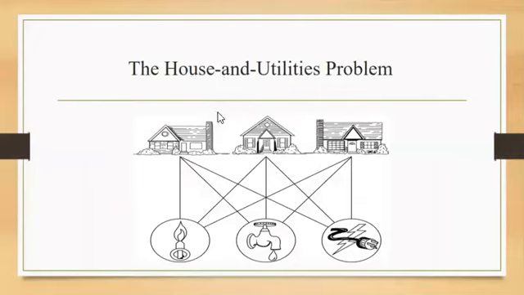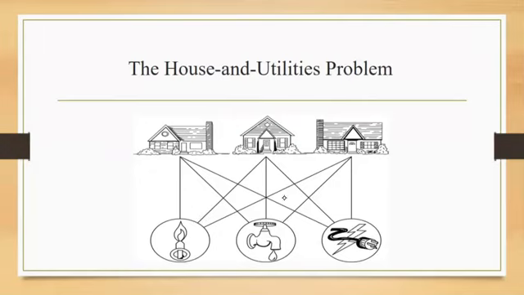Now in this, we have joined three houses with three separate utilities, such as water and electricity and also gas. Now we are supposed to consider whether it is possible to join these houses and the utilities, that is the gas, water and electricity connections, so that none of the connections cross. So the problem can basically be stated as: can I create the connections in such a way that no two wires or connections cross each other?